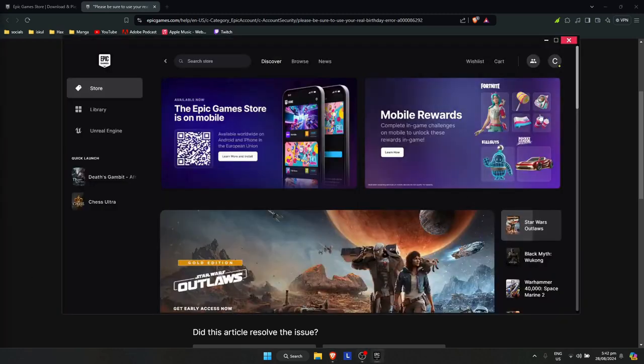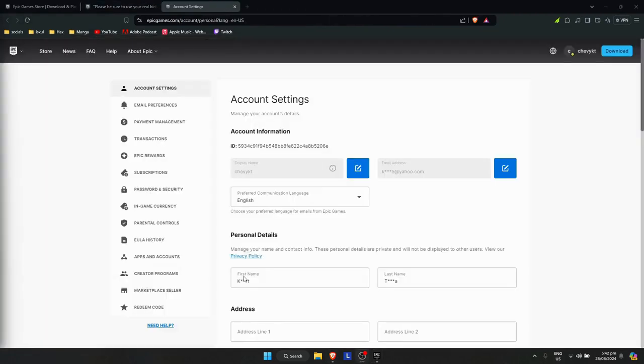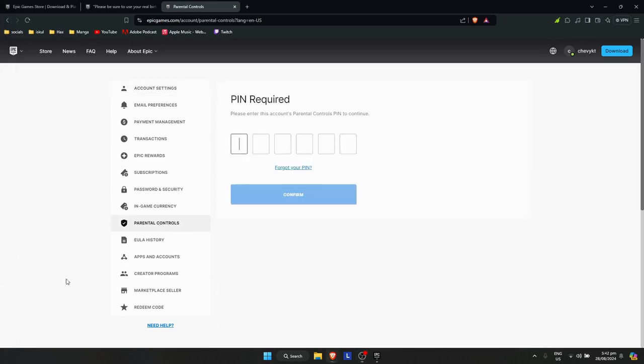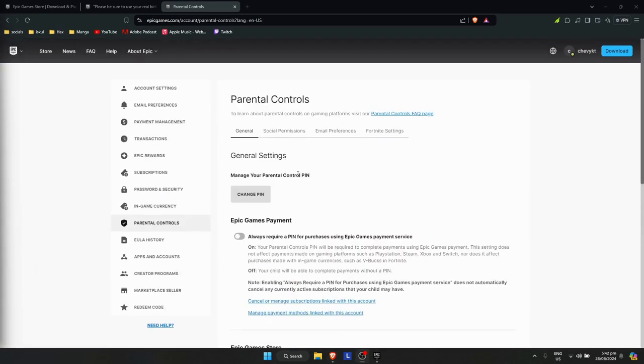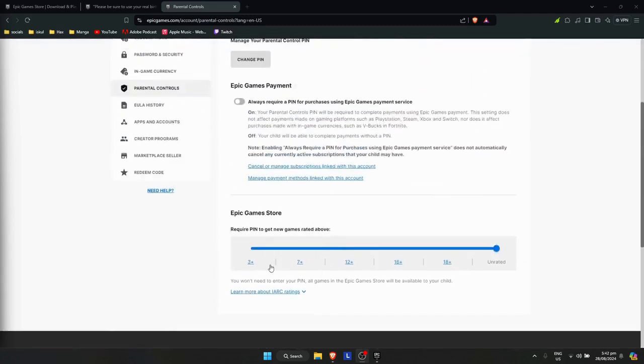Another way is just by disabling age restrictions. So to do that, just simply click on your profile right here, then click on account right there, and wait for it to load. Once you're on your account page, you simply go to parental controls and just enter the PIN. And once you've entered the PIN, just simply scroll down to the bottom where, as you can see, you could change the game's